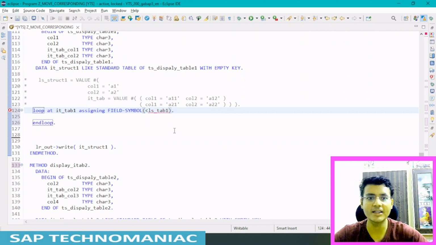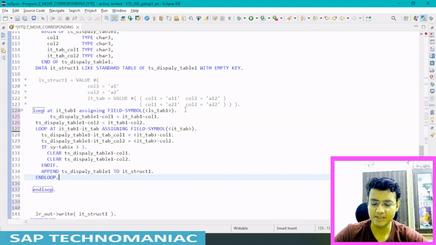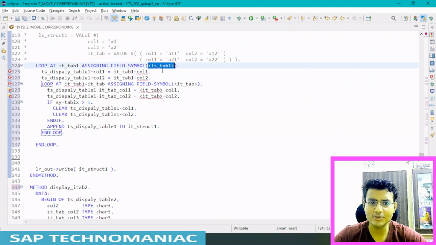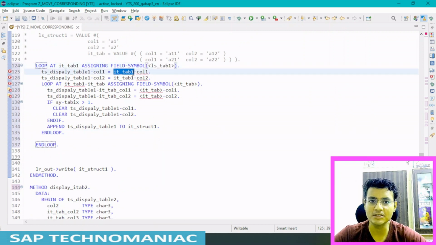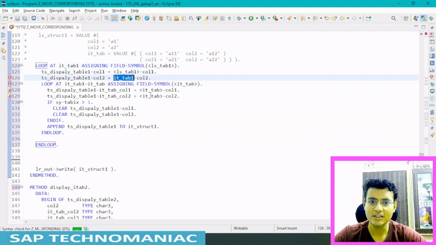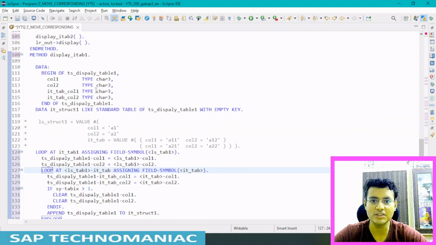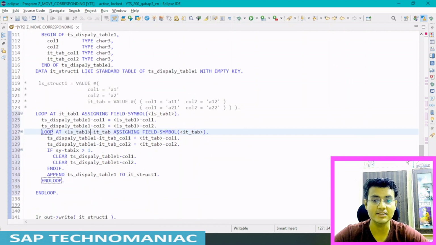So let me do it like this. This will be useful if I do Control V. Shift F1. Again it is telling me ITAB is not right, so I have to use this one. Control V, Control V. So this behaves like an internal table and IT_TAB again. I think everything goes well because we don't need to change this structure. This will work as is.